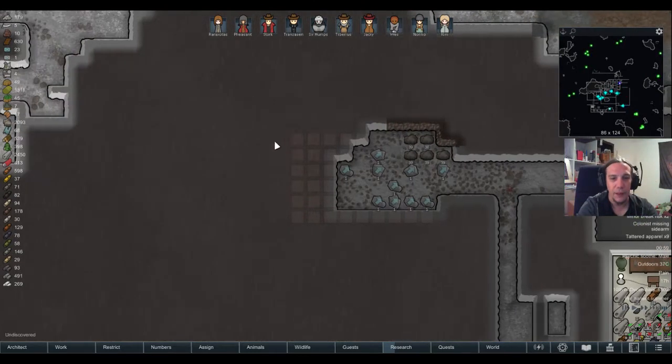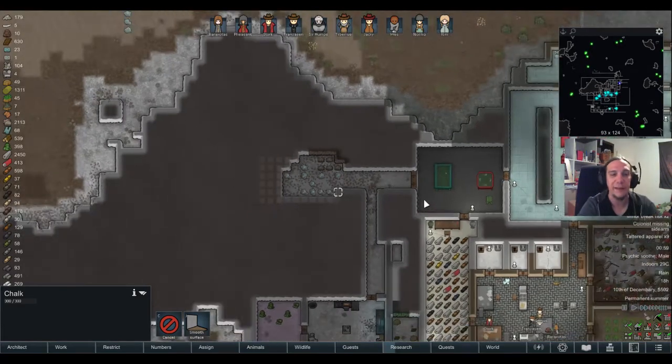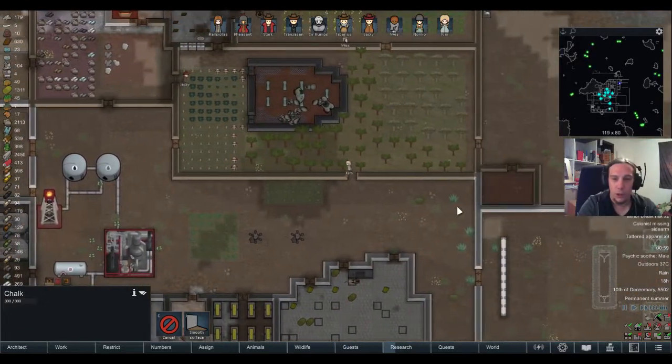There I was. I just wanted to build a little throne room, and then suddenly a wild steel vein appears. Yeah, well,